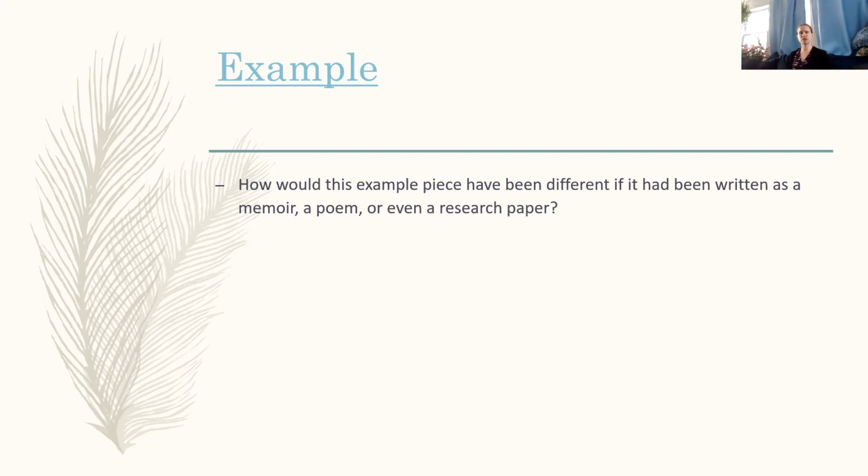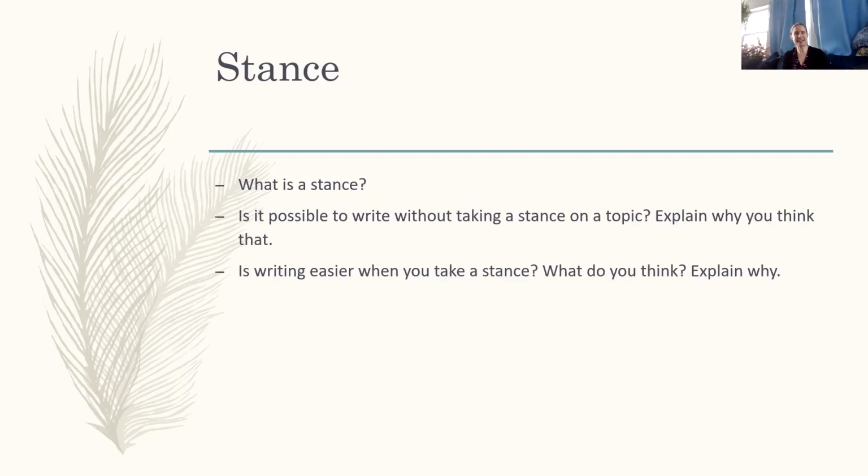And, more to the point, what was the purpose of this piece? Who was the intended audience? How does that apply to the way this was written? So when you're thinking about writing, or when you're a reader and you're thinking about why the author constructed this piece and who they constructed it for, you can see that those two pieces alone can be extremely important. And they actually move us as we go from these pieces into our next, into stance.